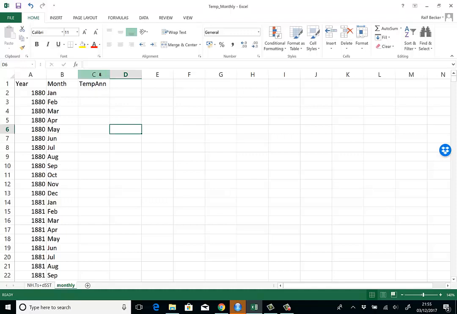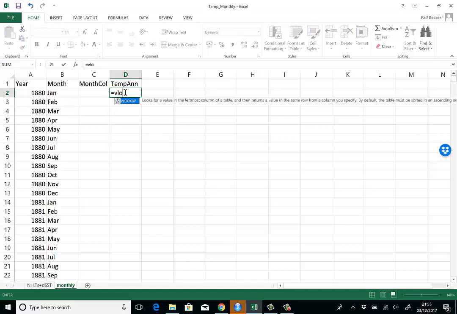It turns out that it's going to be easier if I move this one column to the right and include another column here, and I call it month column. Now what do I mean by that? I know I'm going to use the VLOOKUP command to copy the data across. And if you remember, VLOOKUP works like this. I want to find the year 1880